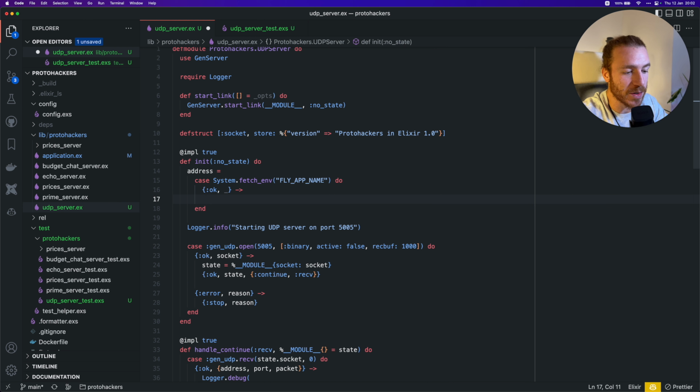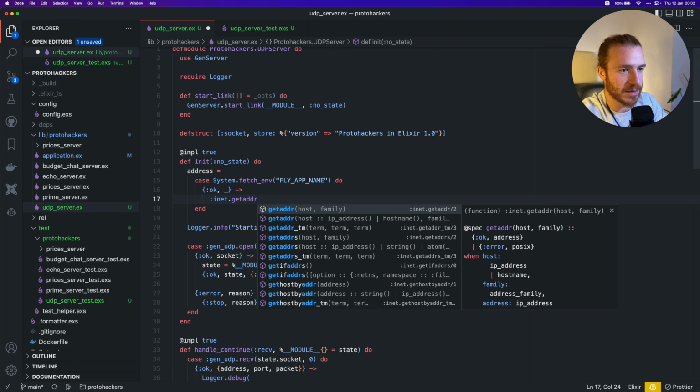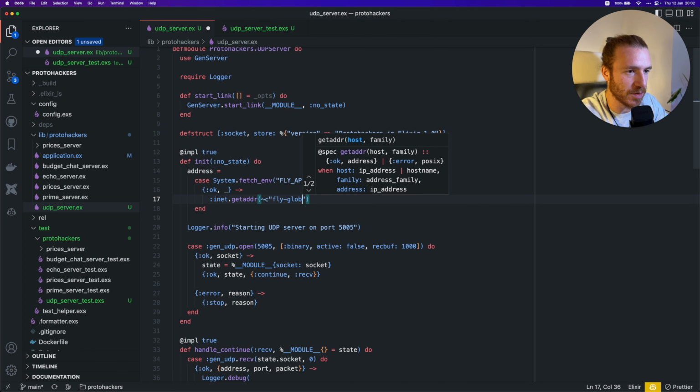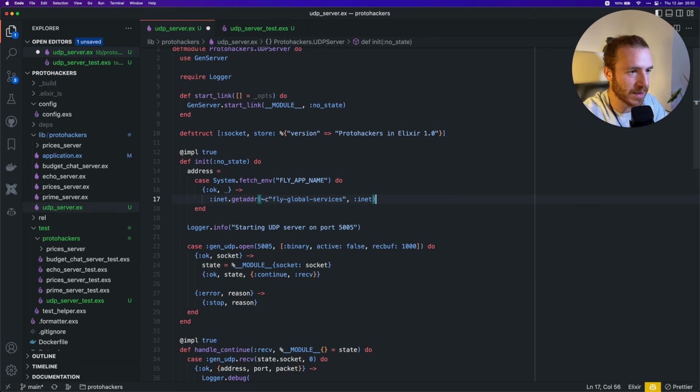So what I'm gonna do is I'm gonna resolve this special address, and I'm gonna use the inet.getaddr function, and I'm gonna pass a char list, which is fly-global-services, as I mentioned, and then you have to pass the kind of address, which is just an inet address basically, and this is gonna return ok and a fly global IP.